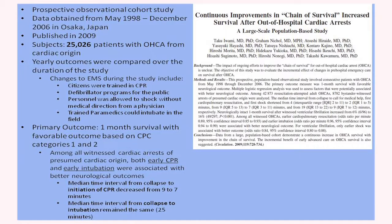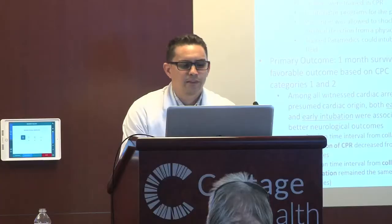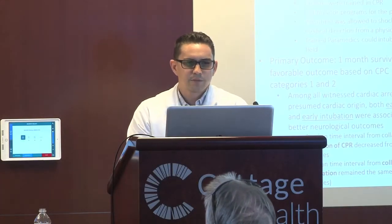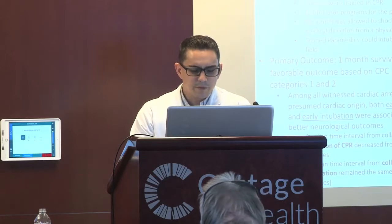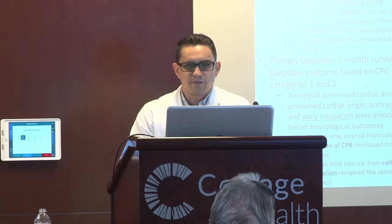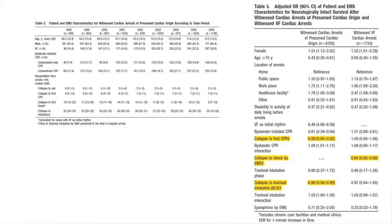They found that 1 month survival was favored in patients who had both early CPR and early intubation. So, interestingly enough, they state that early intubation had better neurologic outcomes. However, the median time of their intubation hadn't changed. It was still 25 minutes. So here's their data, in which